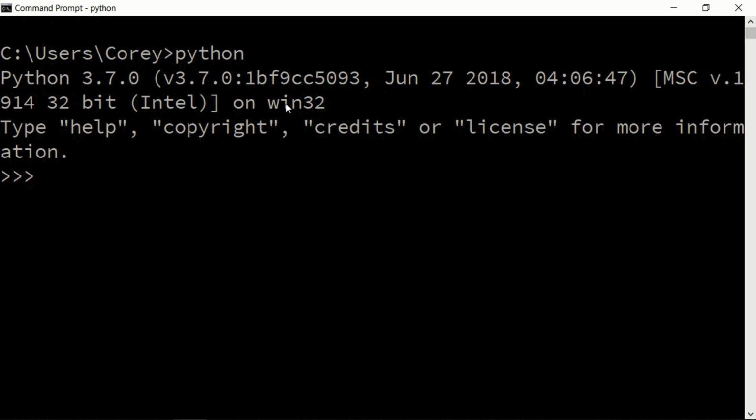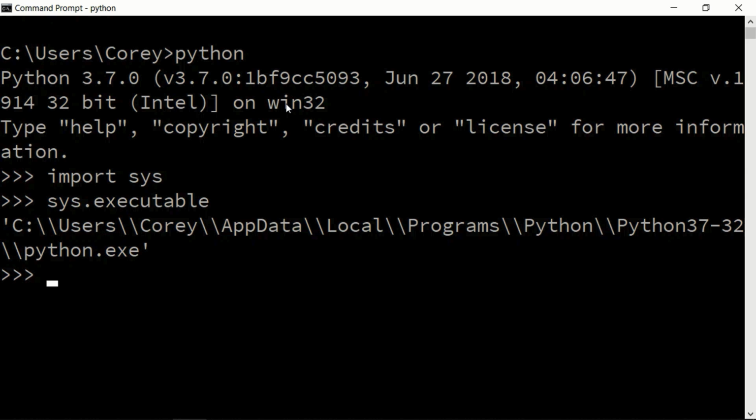So to find this out, we can use the sys module, and this is a built-in module. So within Python, we can say import sys, and like I said, that's a built-in module, so we don't need to install anything. And now we can simply look at sys.executable to see what executable we're currently using. So that is